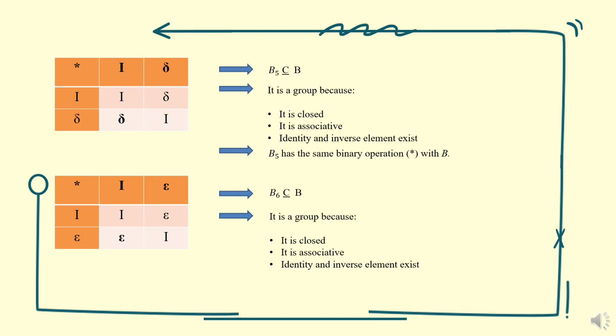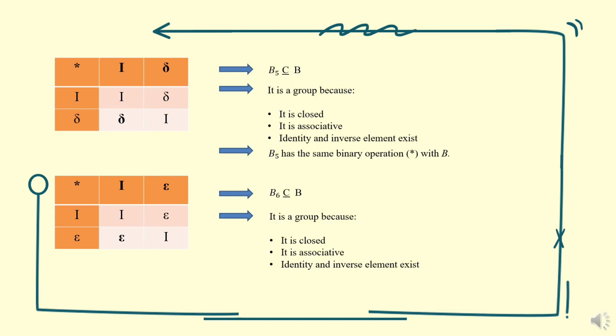Associativity, yes, it is associative because if we flip this table 180 degrees, we can get the same positioning of the elements as the original. So in that way, we can determine that this table is associative. Okay, so last, identity and inverse element exist. As I said earlier, the identity element Roman numerals 1 is placed diagonally. That's why